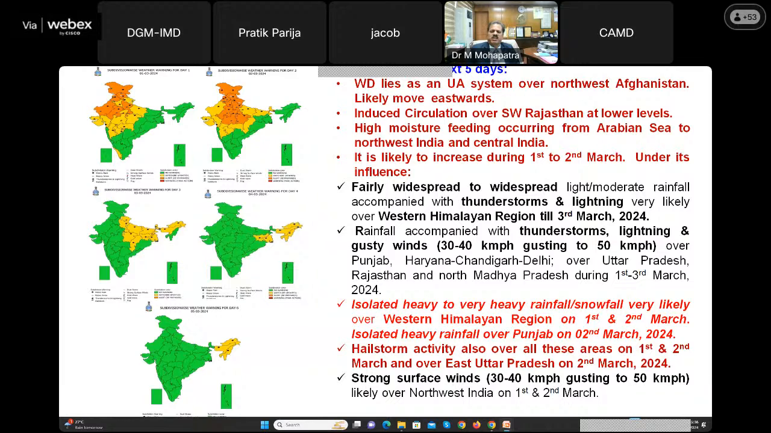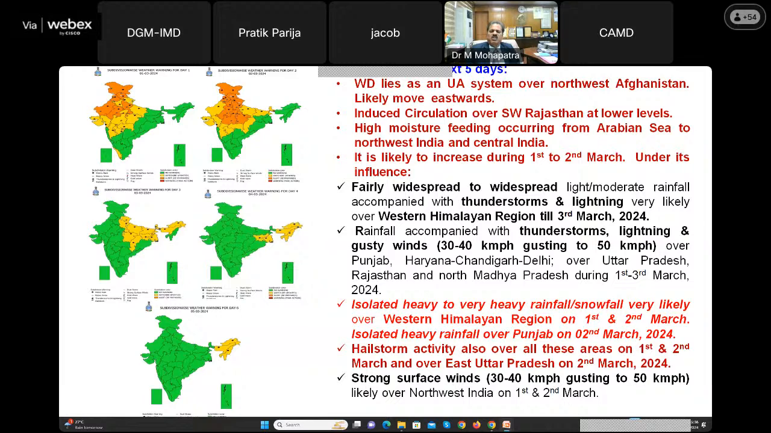and gusty winds 30 to 40 km/h, gusting to 50 km/h also likely over Punjab, Haryana, Chandigarh, Delhi, Uttar Pradesh, Rajasthan और North Madhya Pradesh during this period, that is 1st March to 3rd March. Heavy rainfall हम एक्सपेक्ट कर रहे हैं, we are expecting heavy to very heavy rainfall activity और snowfall activity over Western Himalayan region on 1st and 2nd March, यानी आज और कल हम एक्सपेक्ट कर रहे हैं heavy to very heavy rainfall और snowfall activity Western Himalayan region, इसलिए हम रेड कलर वार्निंग दिए हैं जम्मू एंड कश्मीर, हिमाचल प्रदेश